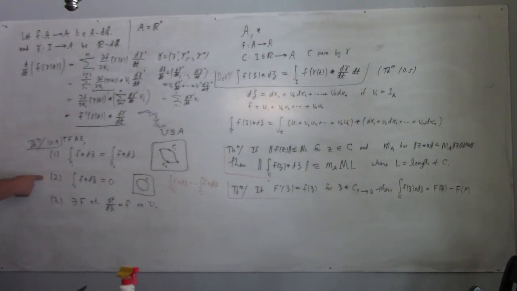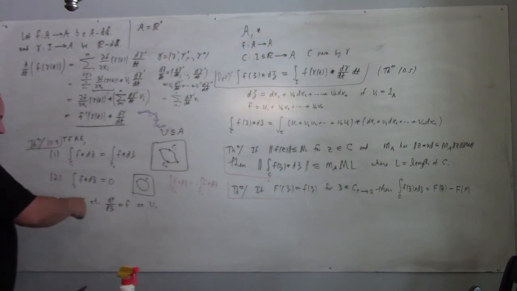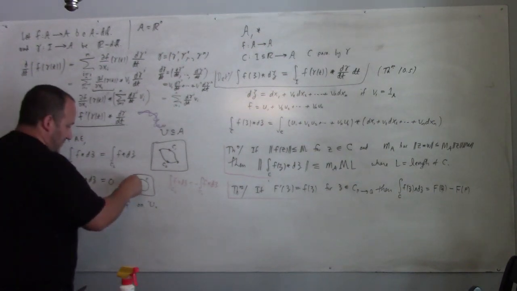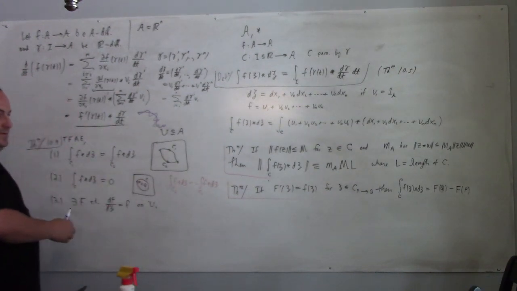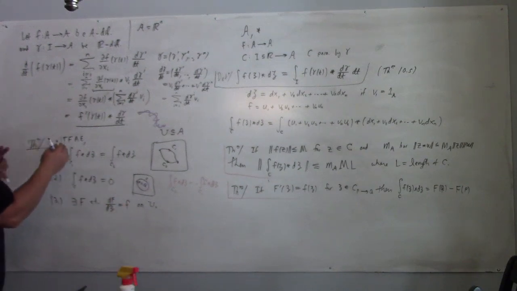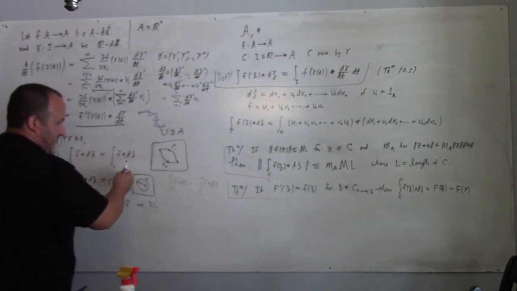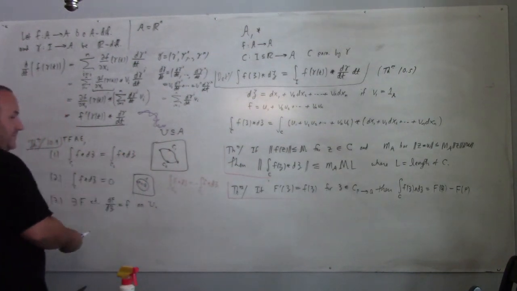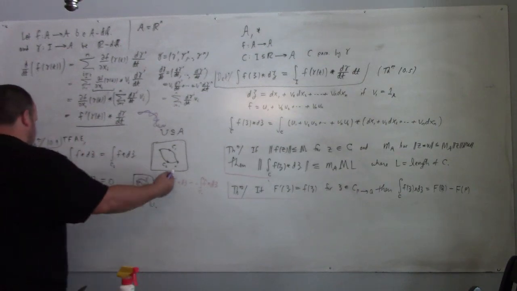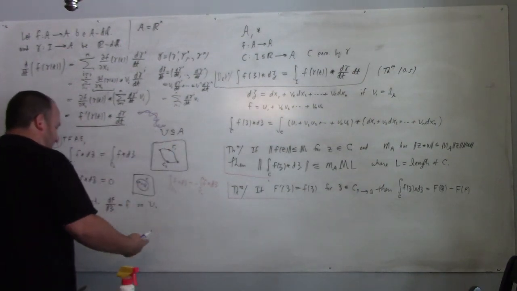3 implies 2 is easy by the fundamental theorem of calculus, because if you just take a loop that goes from P to Q, and I assume this is true, that means that there exists an antiderivative. I apply the fundamental theorem of calculus, I get f of q minus f of p, which is 0, because they're the same point. Now, this implies that